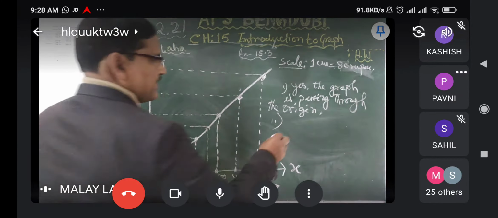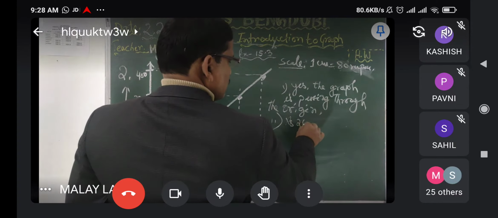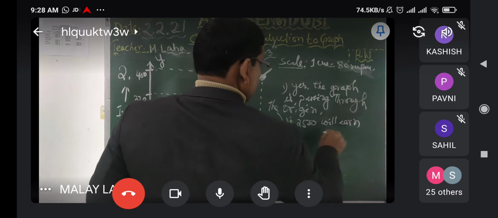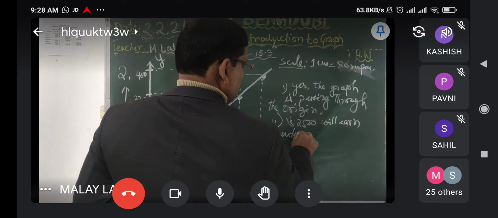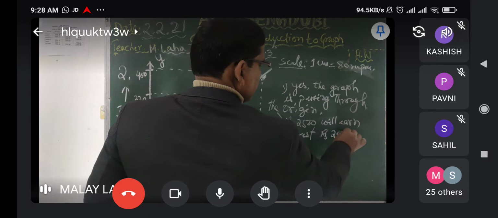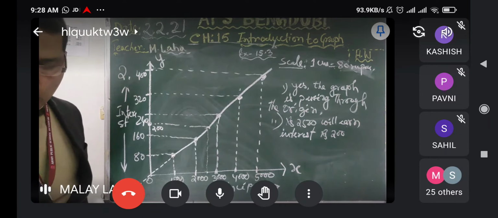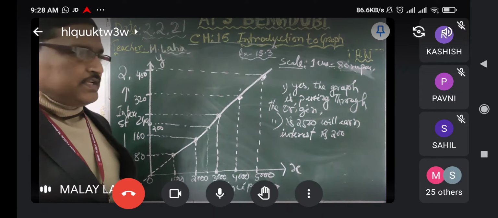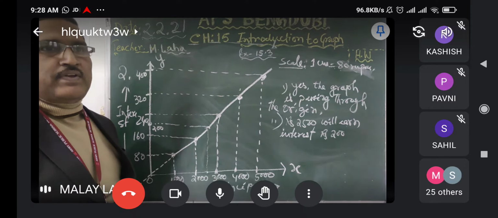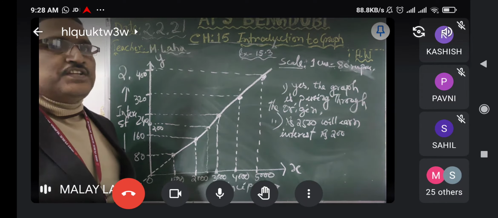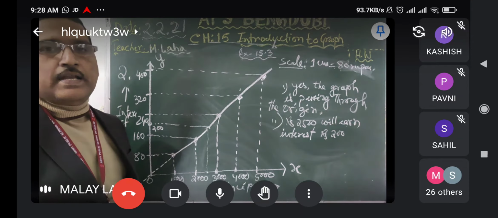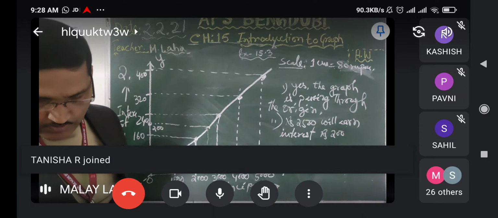Okay, so 2500 rupees will earn interest rupees 200. So if you like to solve simple interest, only find the interest, with the help of this graph we can solve it. But finding the rate of interest or the time period, that we cannot. Only interest and principal will always form a linear line graph. Okay. Now what is the next question?